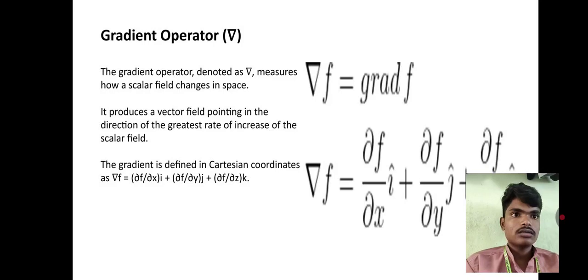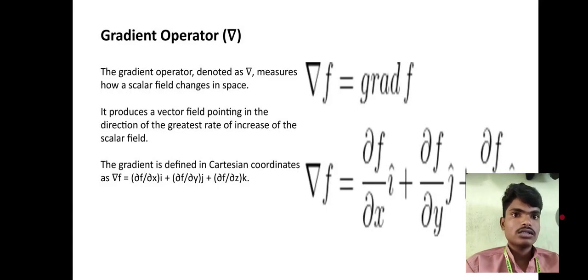Gradient operator, del. The gradient operator, denoted as del, measures how a scalar field changes in space. It produces a vector field pointing in the direction of the greatest rate of increase of the scalar field. The gradient is defined